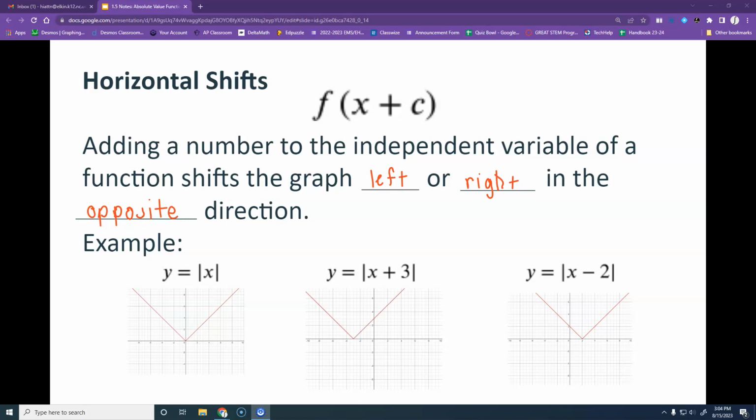So in the opposite direction. So this is a little bit different. You're adding that number on the inside of the bars. You can see here. But notice right here, I've got my parent function here. Whenever I added 3,